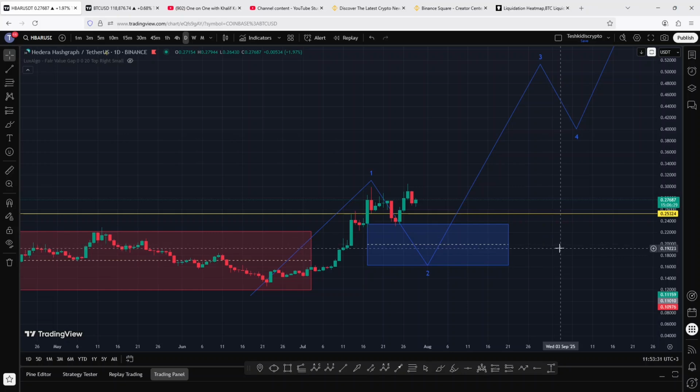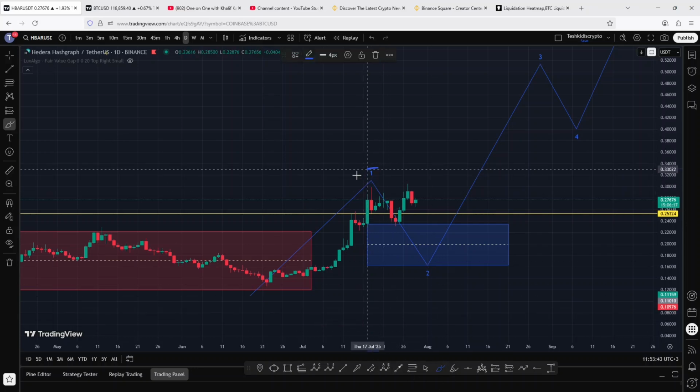And starting the video here on the daily chart, from the lows we made below the 0.125, I have been observing an additive structure right here on the charts in blue, where you can see that we first pushed impulsively in the formation of that first wave in a move that gave us a high above the 0.299. Then we saw a slight pullback over here in what I have been terming as the formation of that second